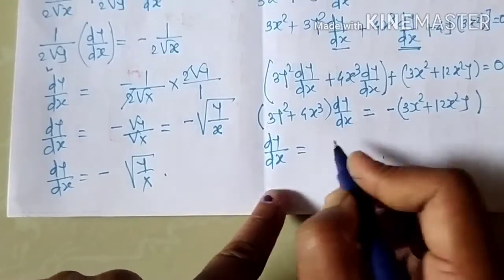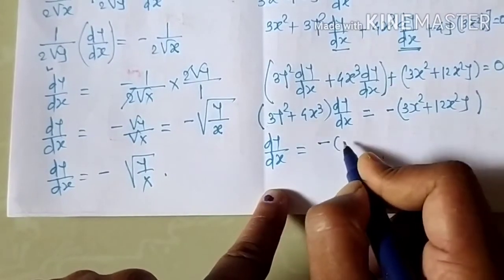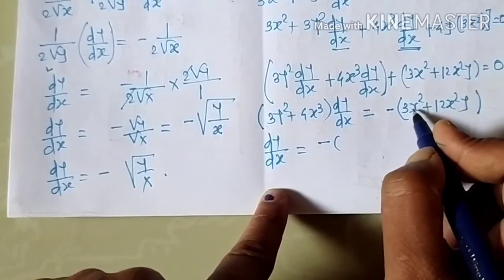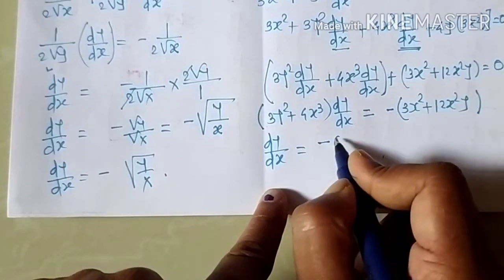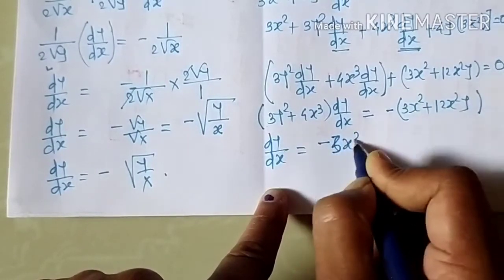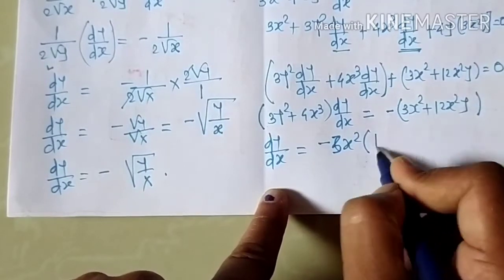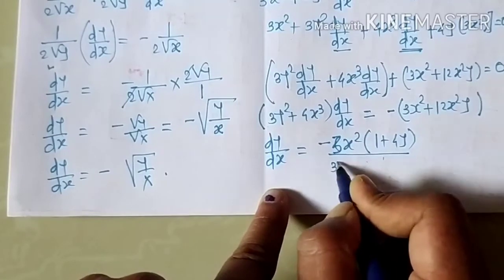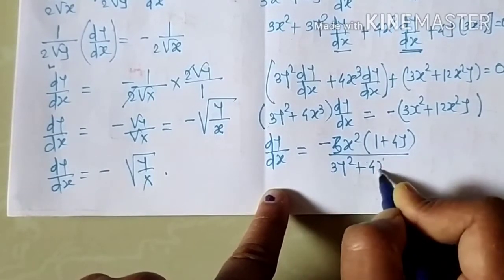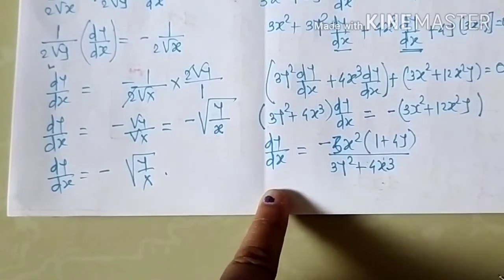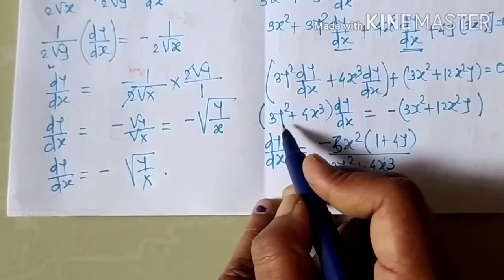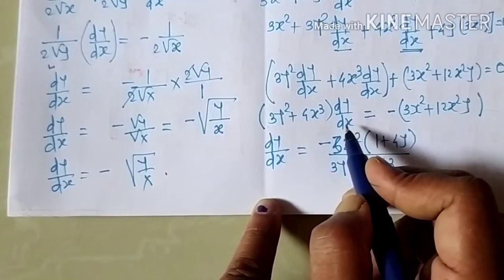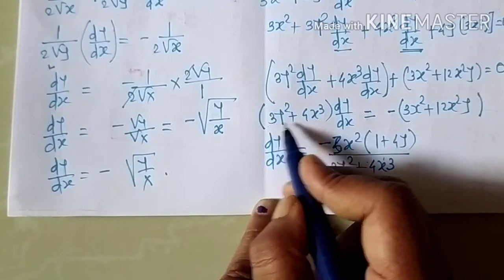Therefore dy by dx is equal to minus times this 3x square. Here we take the common term outside, that is 3x square is a common term, we take 3x square outside, remaining inside is 1 plus 4y divided by 3y square plus 4x cube, which is the value of the derivative. मतलब हमने क्या किया, यहाँ से डिवाइड बाई डी का कोफिशिएंट 1 चाहिए,